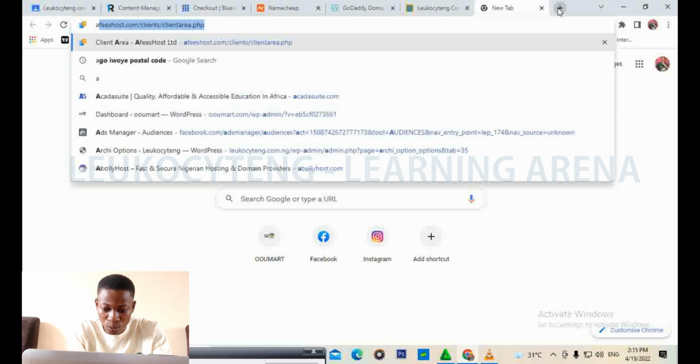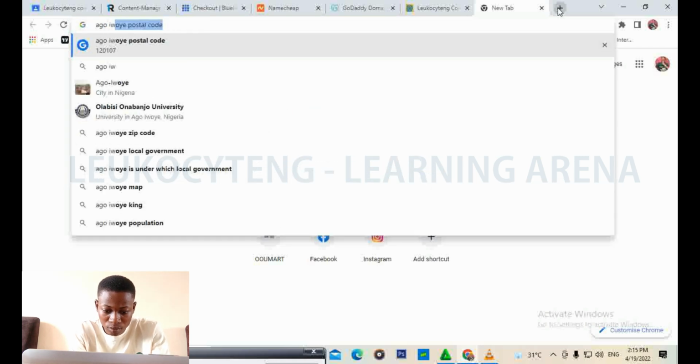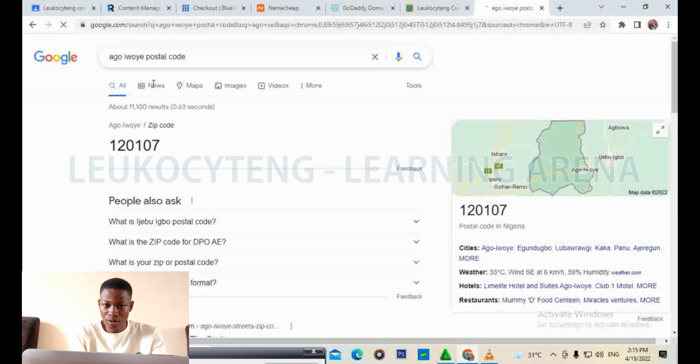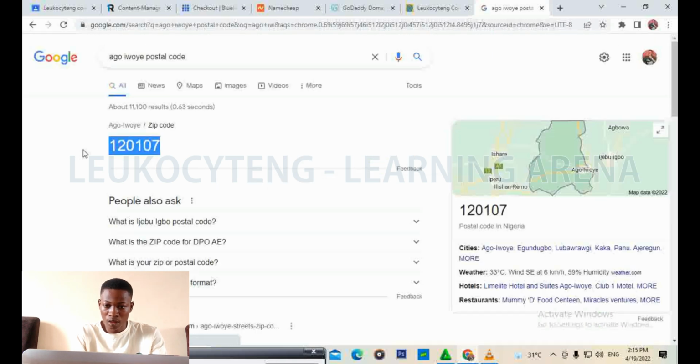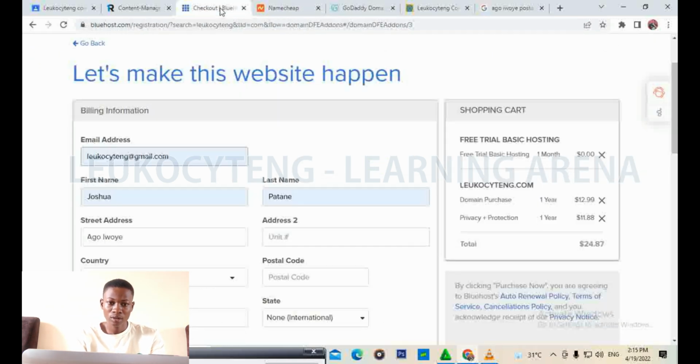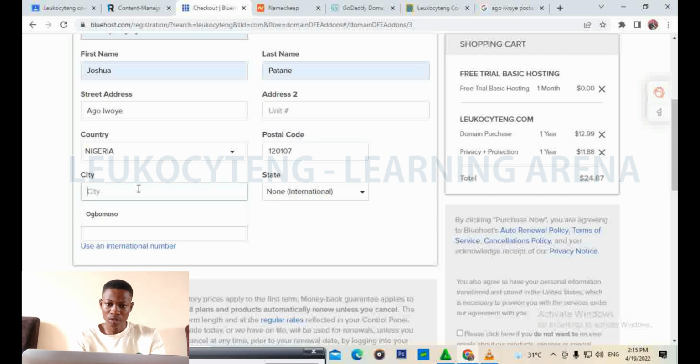I go with the postal code. I already have it here. Come here, put it here. City of Ijebu-Ode.